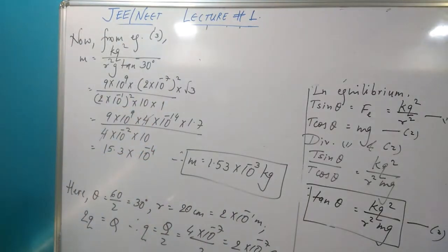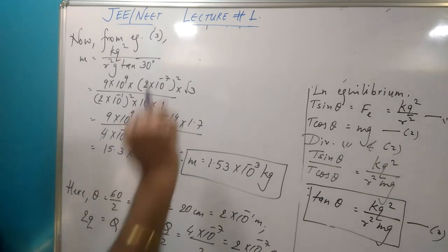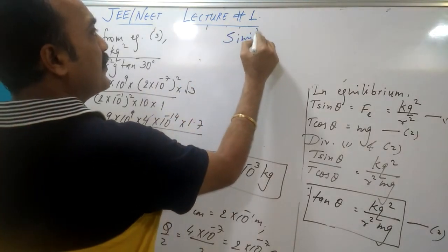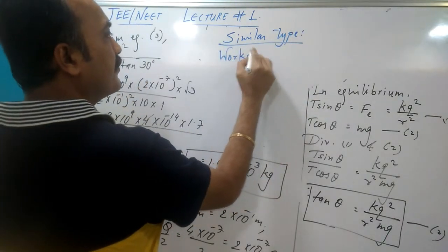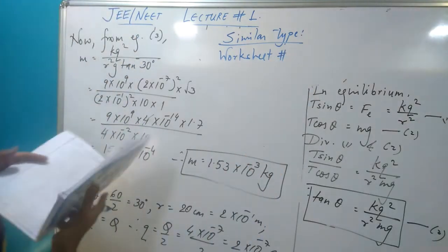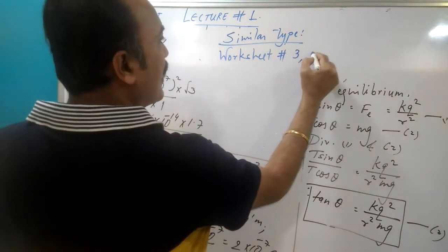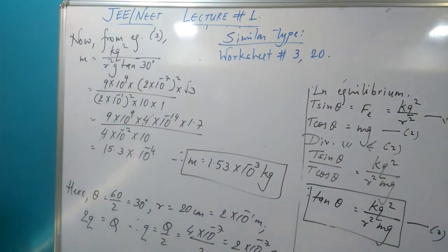This is your answer. Actually, this is a very wonderful sum from the worksheet. And if you are so interested, you might be able to write down certain numericals from the worksheet resembling this. Worksheet number 3, similar type, you can solve out. My assignment will follow. Worksheet numbers 3 and 20 are based on a similar concept. And this I did from the worksheet. I guess this was a number which I don't know, but you can check this out from the worksheet itself. So this was a very lovely example.